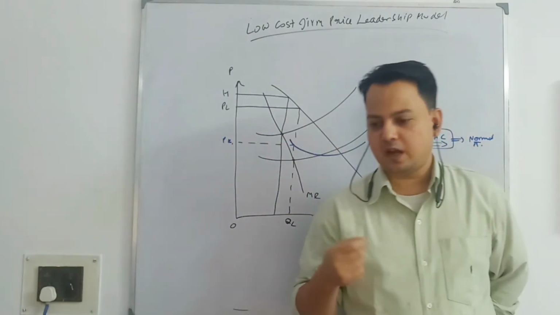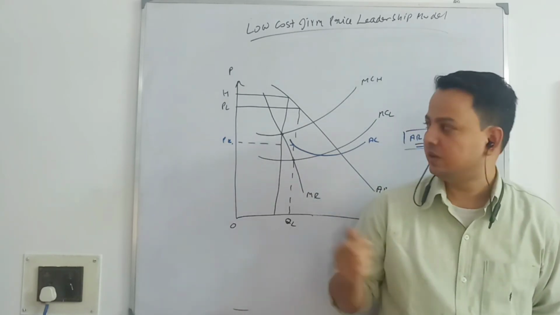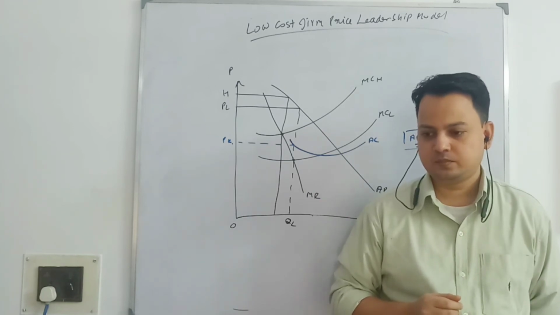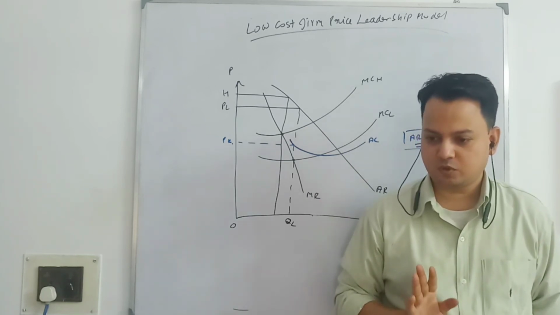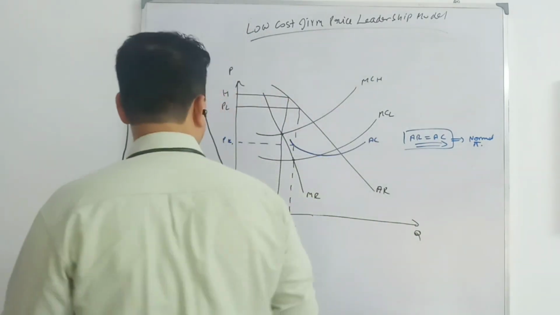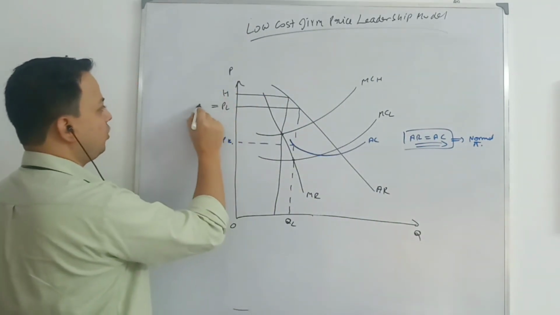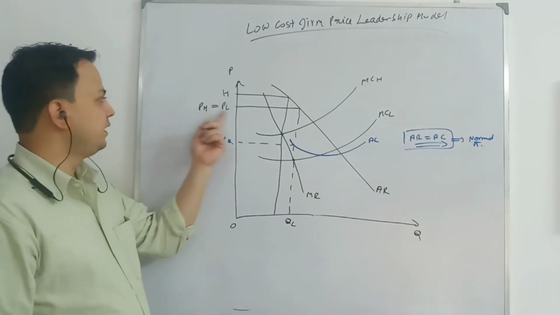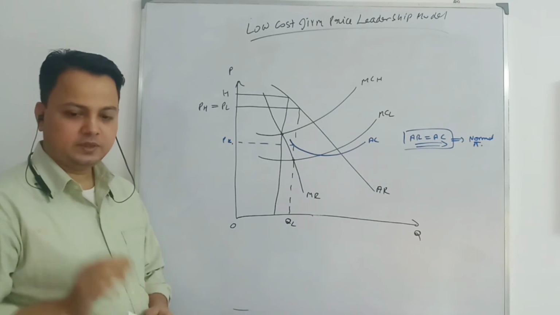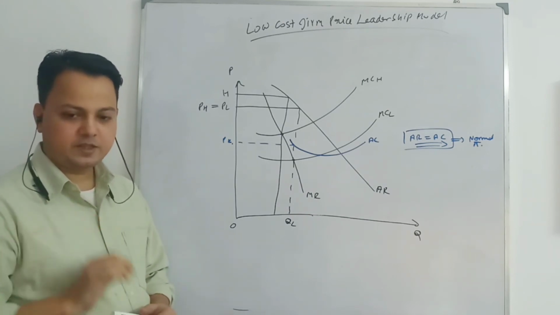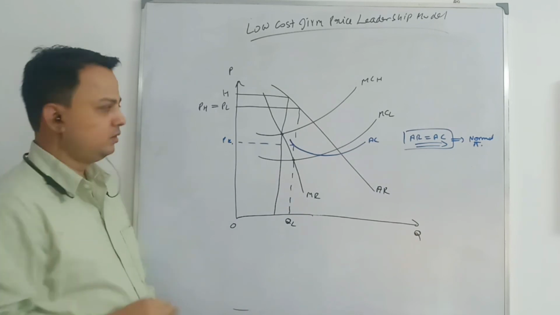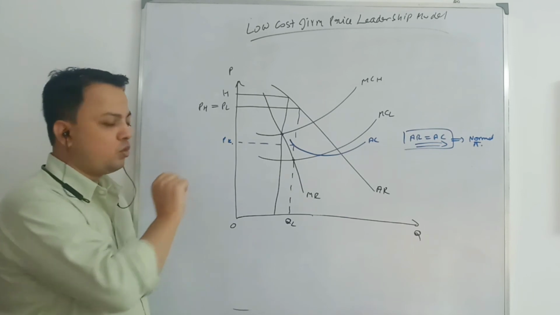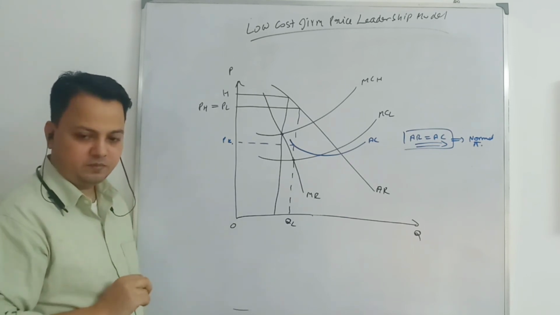If one firm is selling at a higher price, then I better go and buy from the no cost firm, right? So ultimately, this high cost firm also has to charge the same price, the price charged by the no cost firm. That is why you get price discipline, price stability. There are no two different prices. You don't have OH price and OPN price. In this way, the no cost firm is able to establish price leadership.